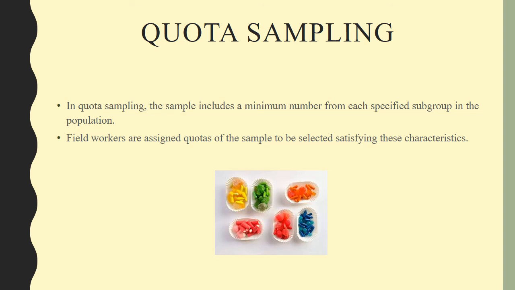Based on that you categorize your quota sampling, and then you identify the job satisfaction level. Or based on gender you can go, male and female. Based on educational background also you can go. Based on age you can go. So based on the demographic characteristics you can categorize the different types of employees into quotas, then identify the job satisfaction level, and then you get the particular results, right?